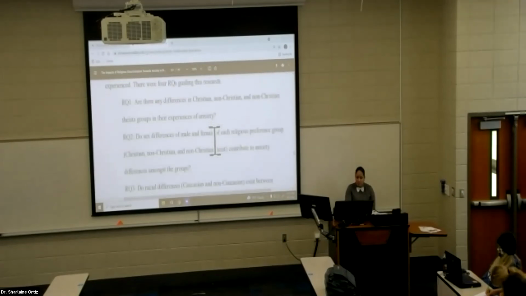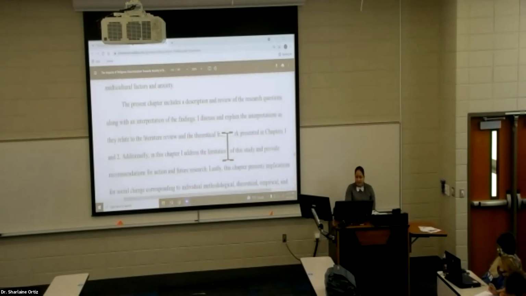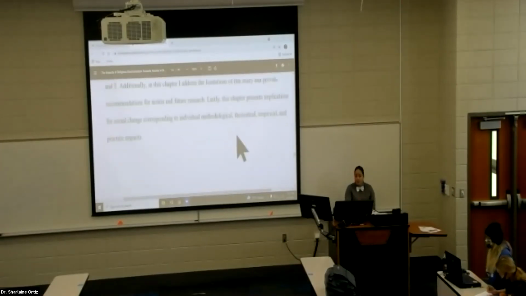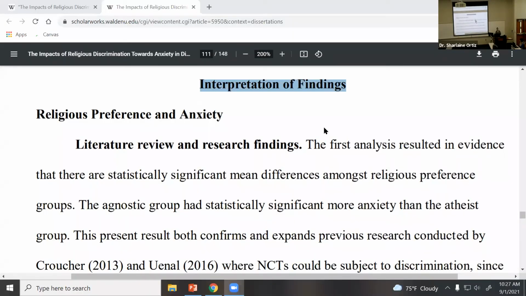In this study specifically, there was indeed a difference between the IV, which was religious discrimination, and level of clinical anxiety. So that's what this study sought to look into. And here we go. Interpretation of findings. So this study sought to see whether or not there was an impact between the religious discrimination that you may experience, whether because you're Christian, Muslim, Jewish, Buddhist, atheist, agnostic, whichever color of the rainbow, right? Whatever your flavor is, I wanted to look into it, right? Any sort of religious preference.